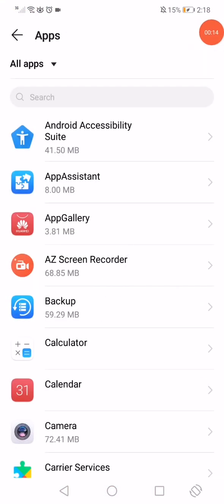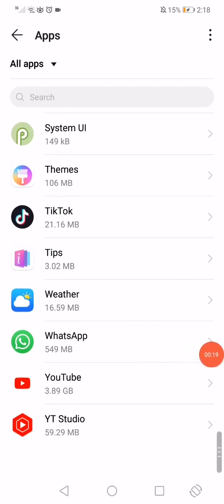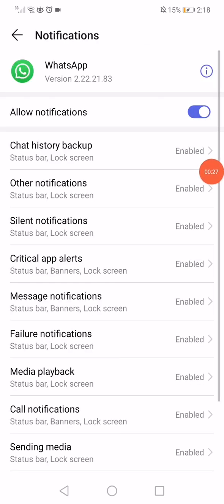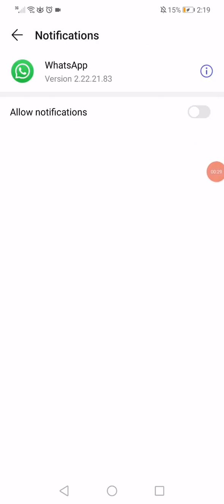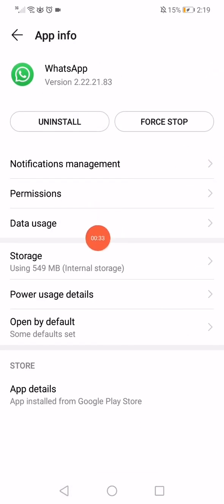When you open the apps on this page, you will find all the apps that you have. Scroll until you find WhatsApp, click on it, and then click on this option to force stop the app, and then go into the notifications, disable the notifications, and enable them back. Now go into the data users,